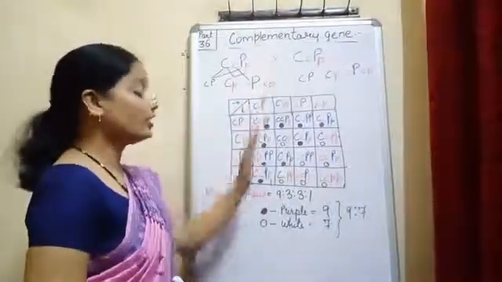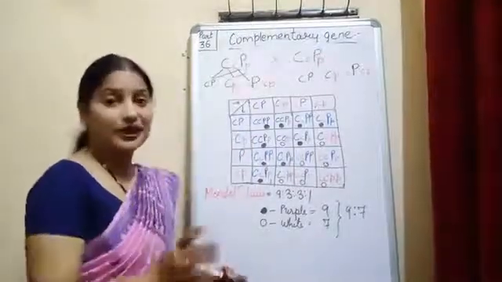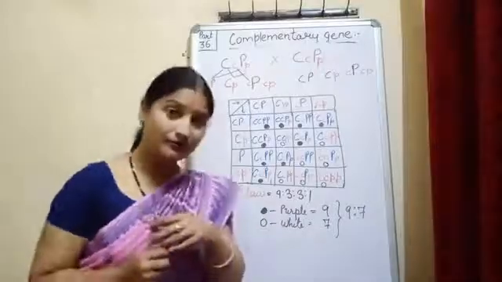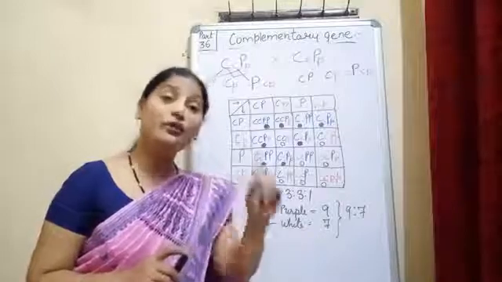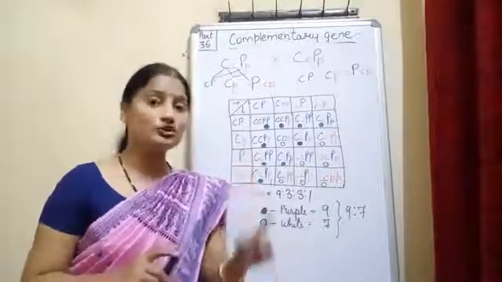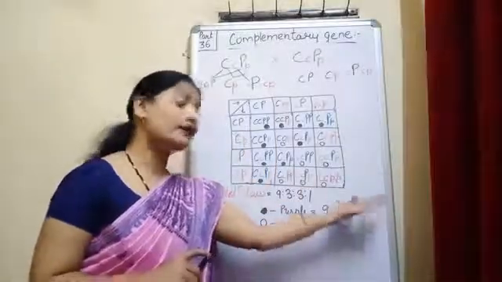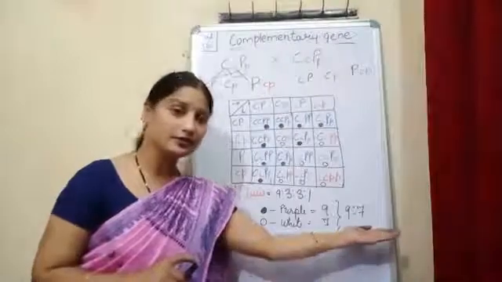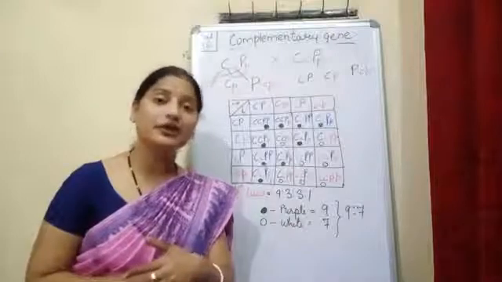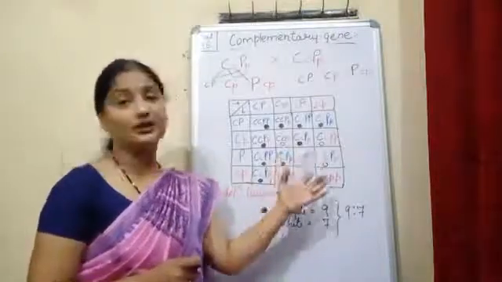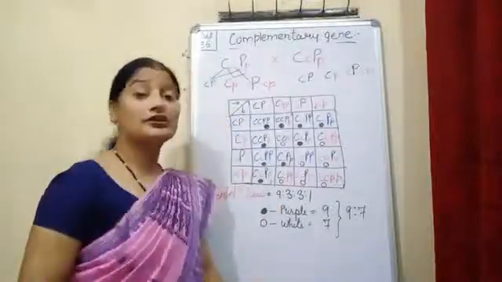So this is all about the complementary gene, which means the genes, if they are present on different chromosomes, okay, let them be on different chromosomes, no issue. But they will work together to show one phenotype. And if we cross them, then the result will be 9:7. Okay. And the scientists Bateson and Punnett worked on this in the sweet pea, that is Lathyrus odoratus. Now complementary gene is clear.